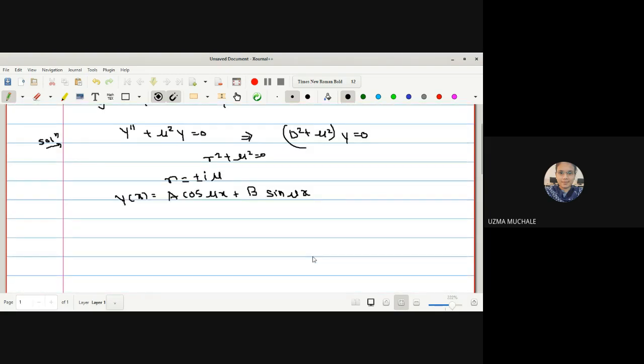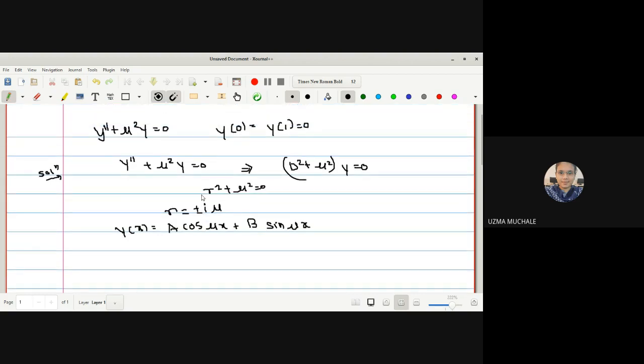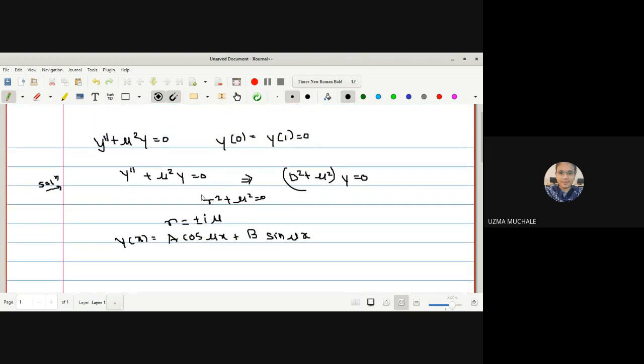Okay. Actually, here with the help of this, we can find out the trivial solution. But with the help of Green's function, we are going to find out the non-trivial solution. As you all know that for any differential equation, there are infinitely many solutions, right? Because of these values of constants A and B. As you vary the values of A and B, you are getting the different curve. Okay. So now let us put up the boundary conditions and let us verify whether it is a trivial solution, and then we'll go for the Green's function.